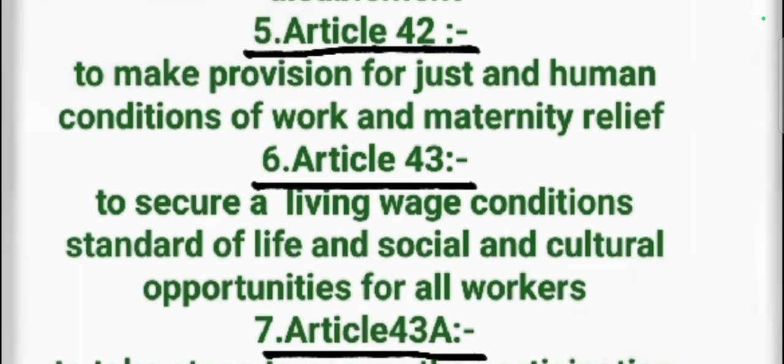Okay, according to Article 42, which tells about making provisions from the state government side for humane conditions of work and maternity relief also. Okay, especially this important Article 42 talks about two important provisions. One is for humane conditions of work in working areas. Some working areas we are not able to imagine, as people are working in different hard and even dangerous places. But each and every person has a right to work, in the same way a right to work in safe conditions also.